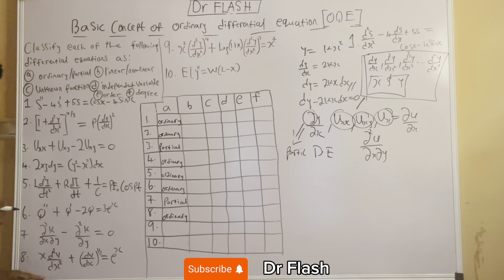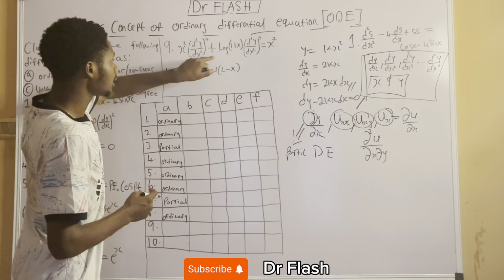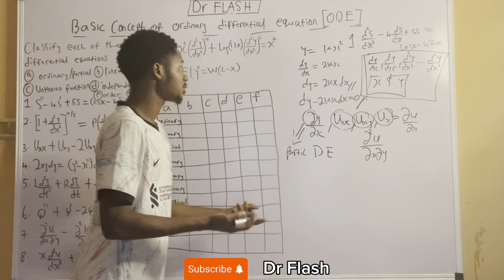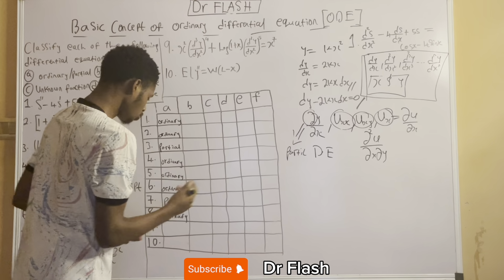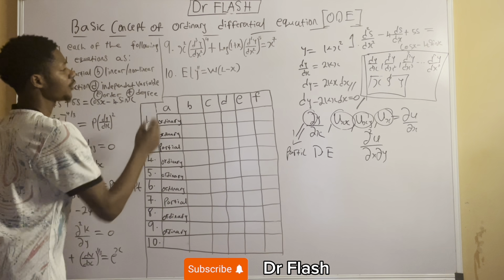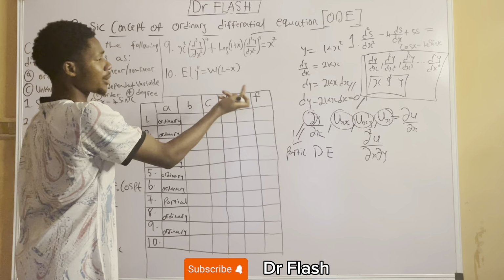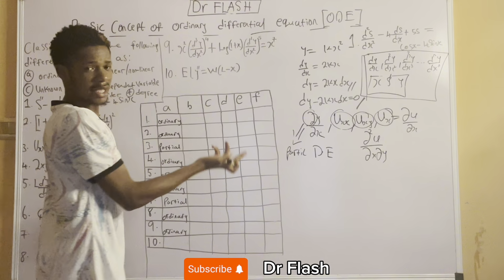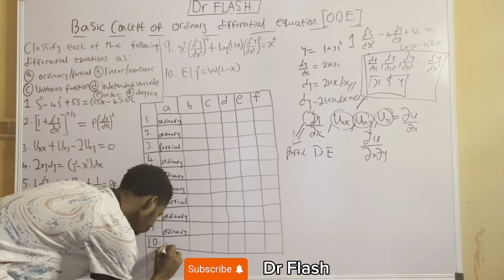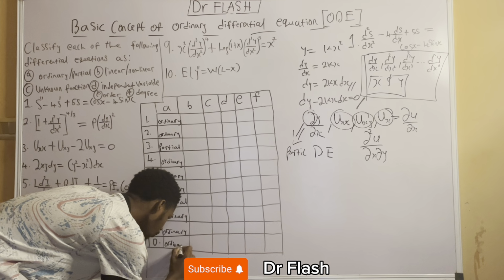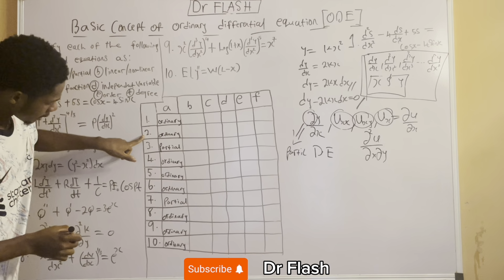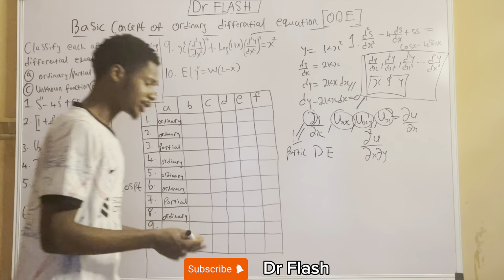So it's quite easy. And then for number 9, which is the next one, this one does not have the symbol, neither does it have the subscripts and the derivative. So number 9 is still ordinary. And then for number 10, we're having y double prime. Y double prime is the same thing as d2y over dx squared, so nothing is changing. So number 10 is also an ordinary differential equation. So you notice that only number 3 and number 7 are partial differential equations, and they are